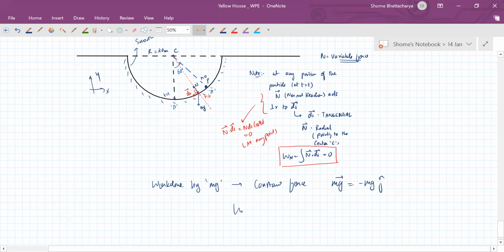So the work done by mg will just be mg dot s. Okay. So when you do that mg dot s, you will see that from A to B, the displacement vector from the point A to the point B will be how much now? Now that we can easily calculate